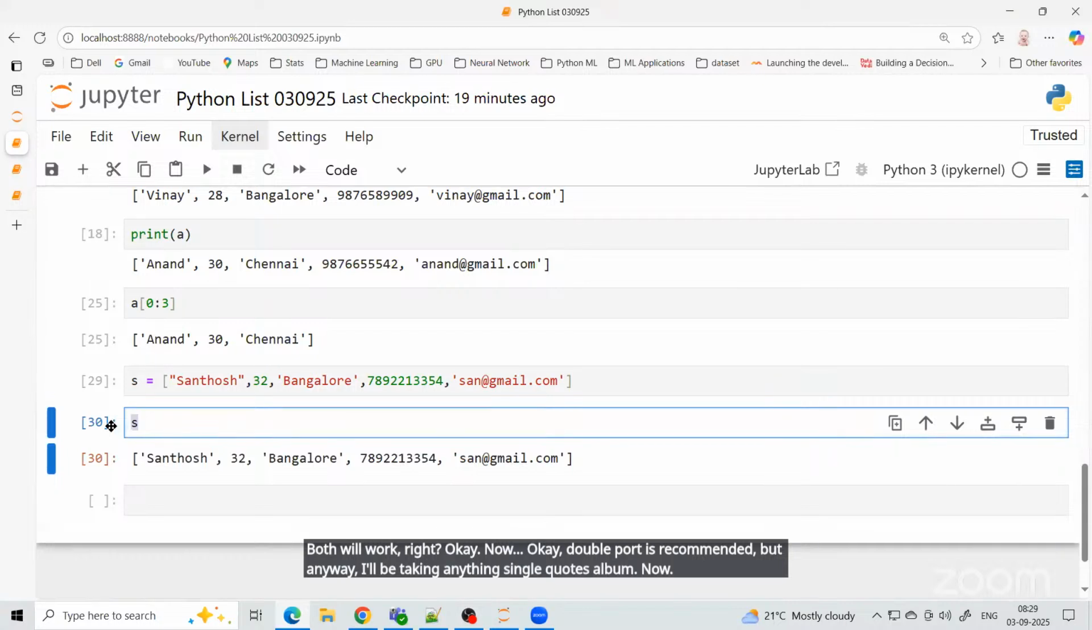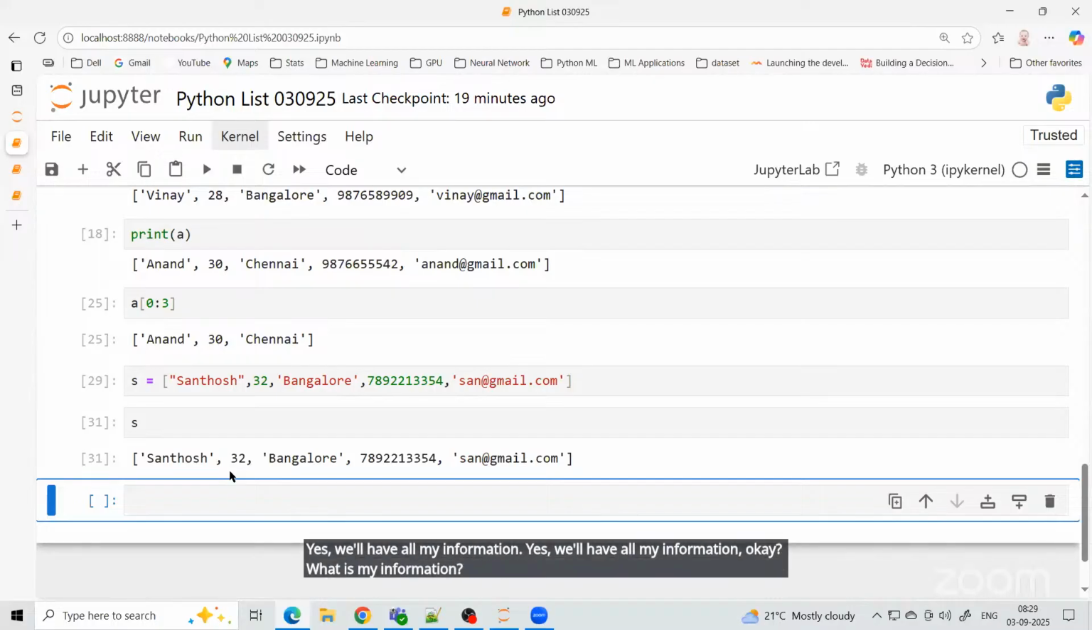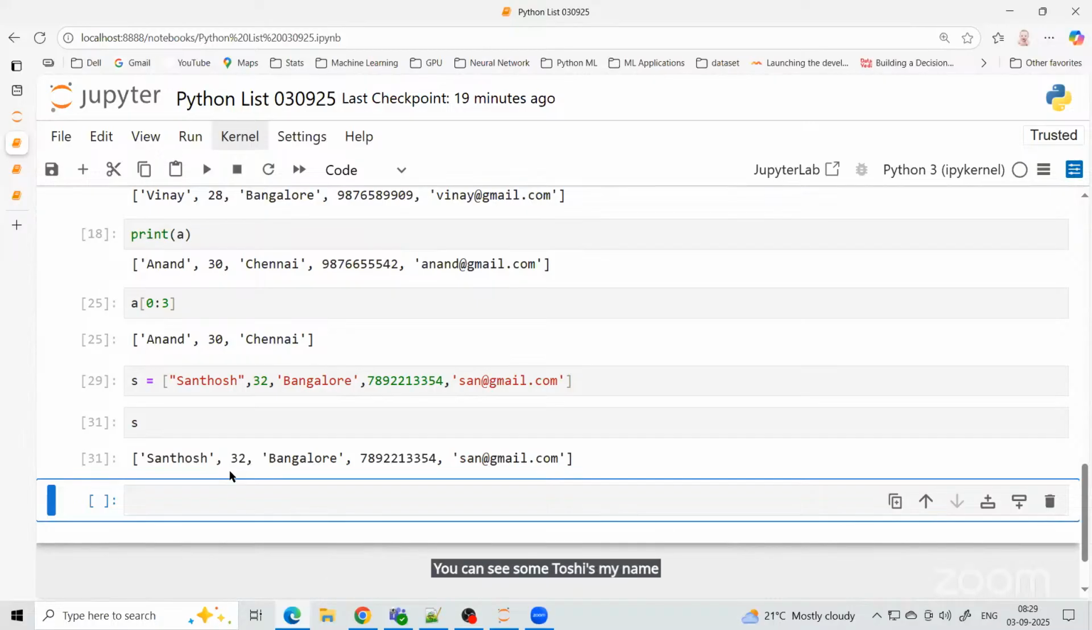Now, S will have all my information. What is my information? You can see Santosh is my name, 32 is my age, Bangalore is the location, phone number, and email ID. Now, this is what you can see here. One thing that you will have to identify here is,